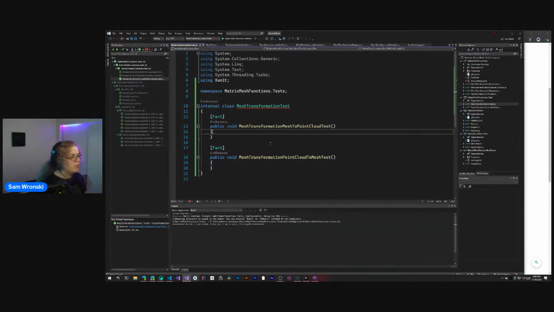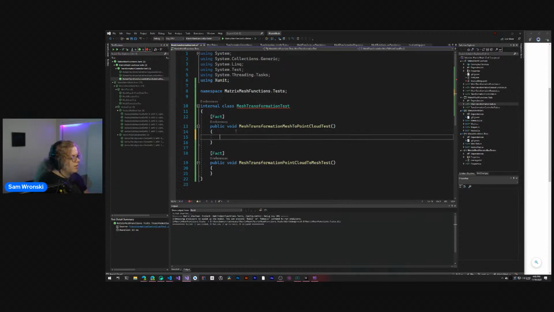Mesh transformation, mesh to point cloud. Let's just do our little outline given when